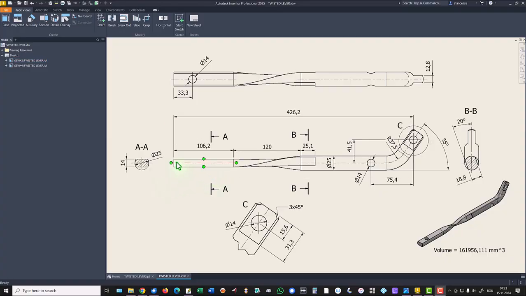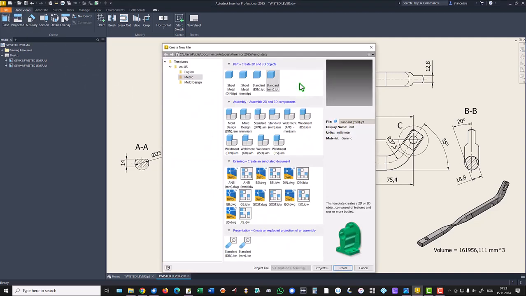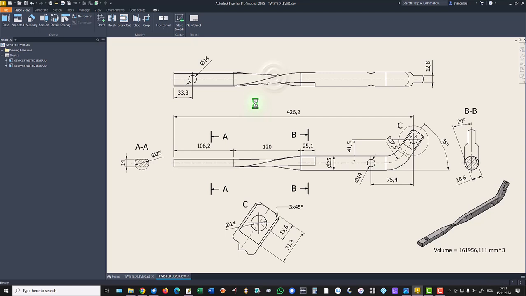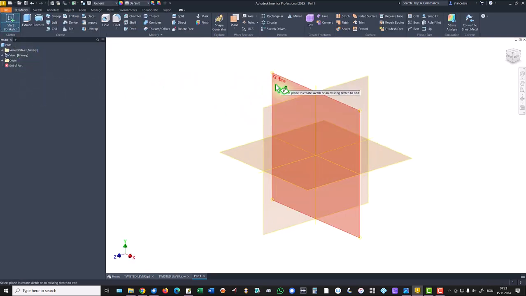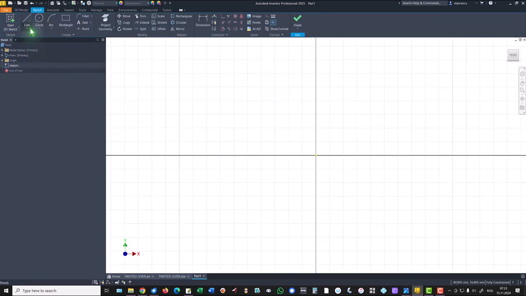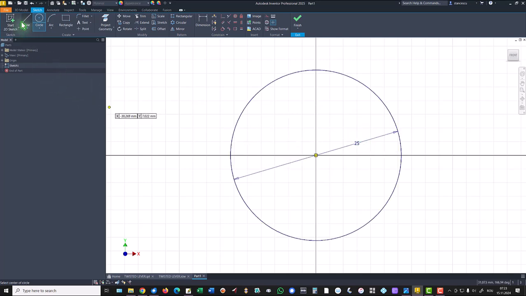We start by creating this segment with this section. Remember 14, 25, 106.2. New standard millimeters IPT, new sketch, XY, circle 25, 2 lines,